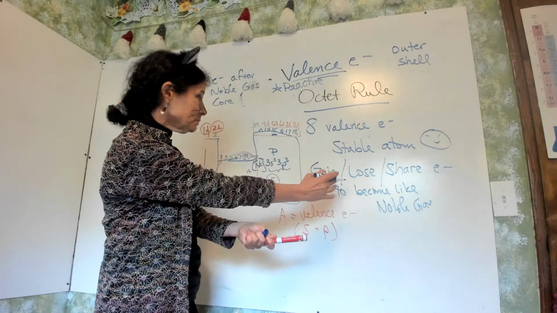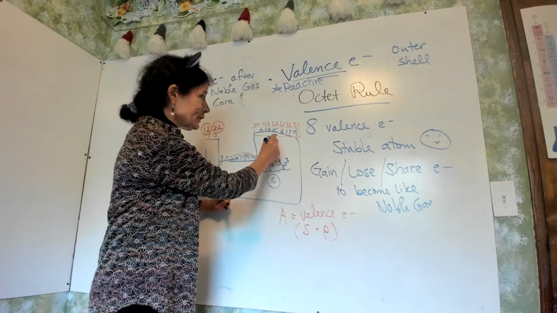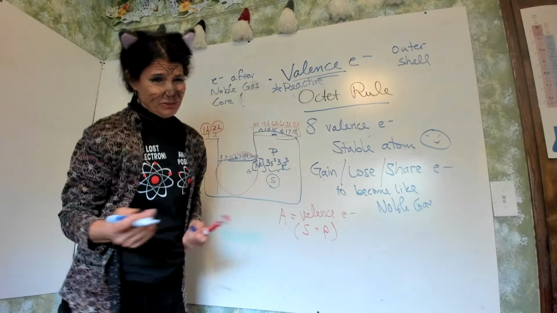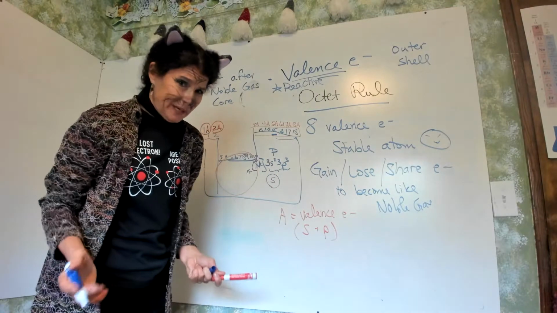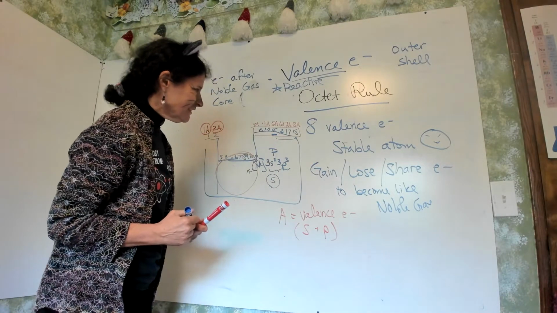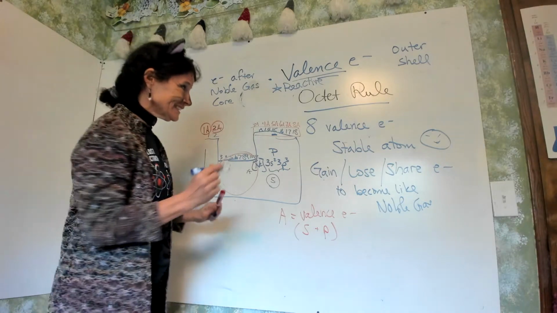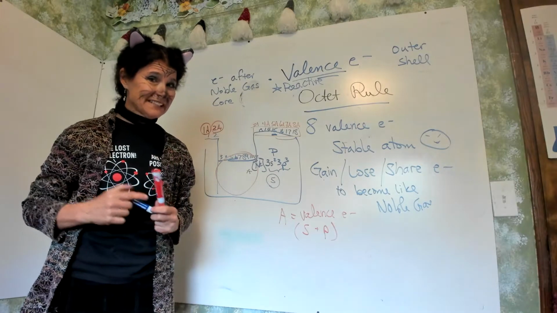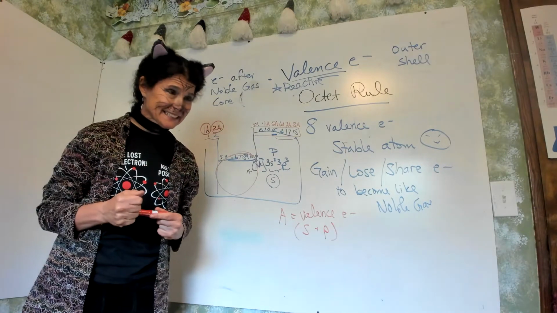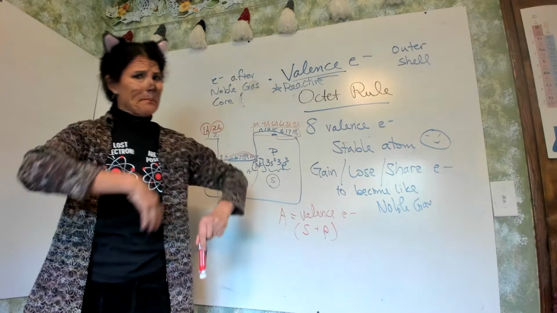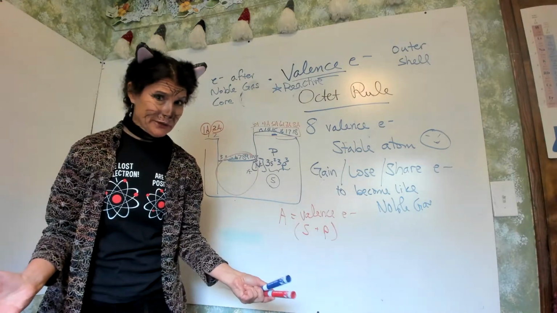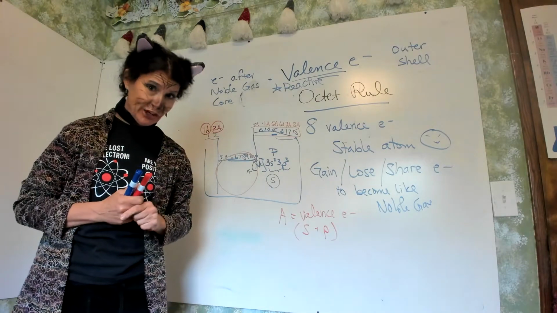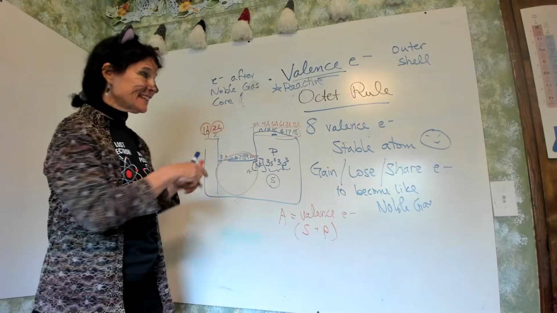So to become like a noble gas, it has to move 3 spaces over to get to 8 or 18. It doesn't matter which way you do it. So it's going to gain 3 electrons. So what this lesson is about is, by the end of the study set, when we go over the study set, feel comfortable that you can predict charges of the elements.